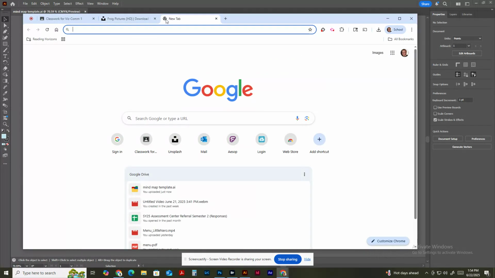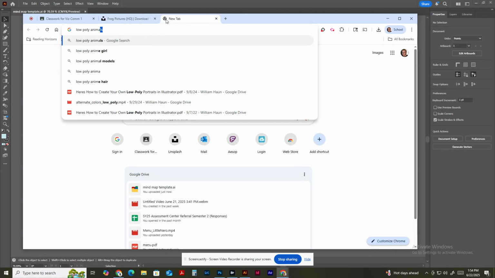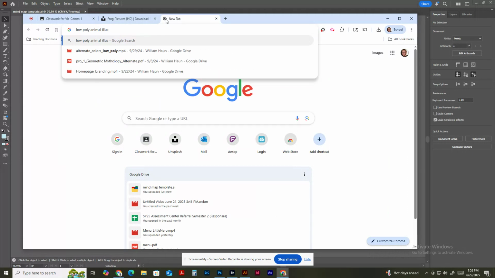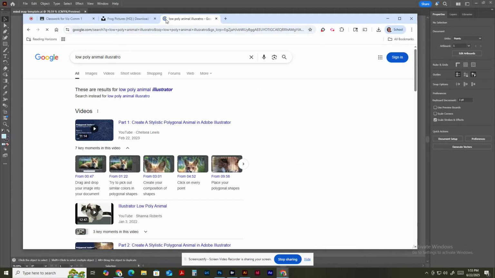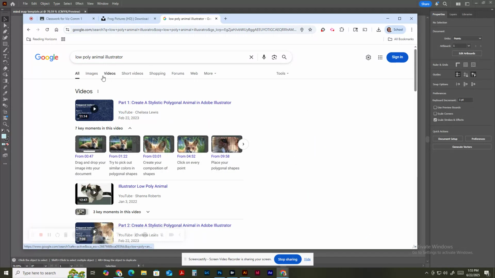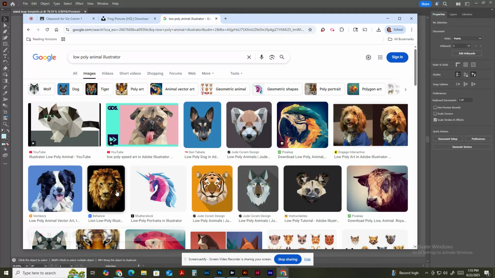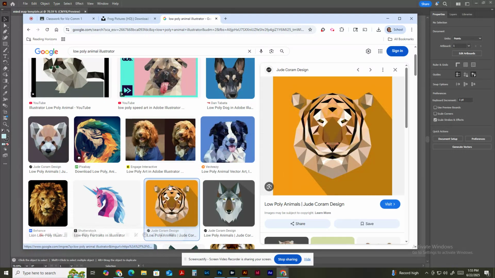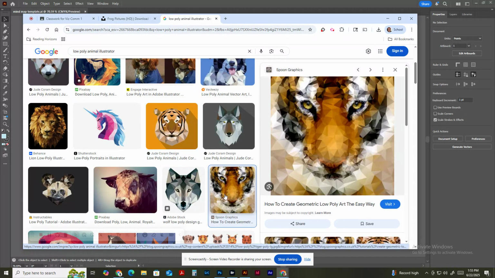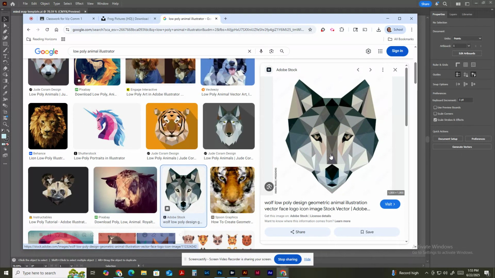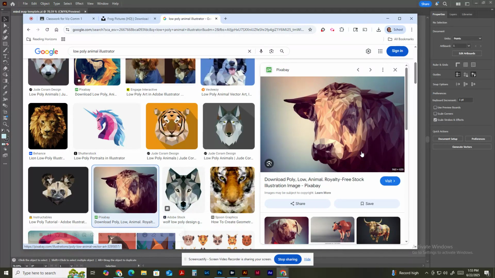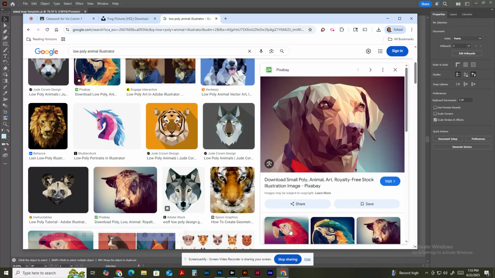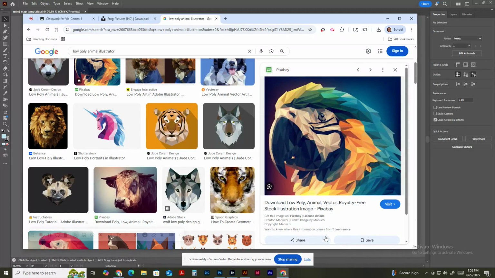Let's see if I can find some examples. We'll search low poly animal Illustrator. So yeah, something like this looks awesome. Some of them are a little bit more simplified. We'll talk about it in class, how to achieve certain types of looks, from the more iconic to the much more modeled and detailed. Oh wow, I feel like a kid turned this in. Anyways,